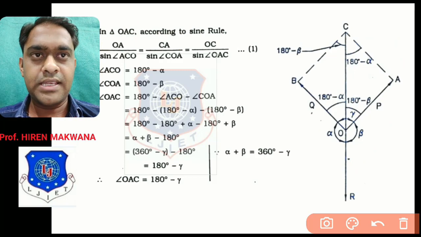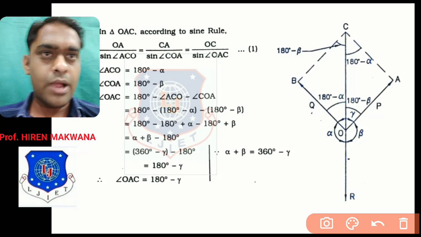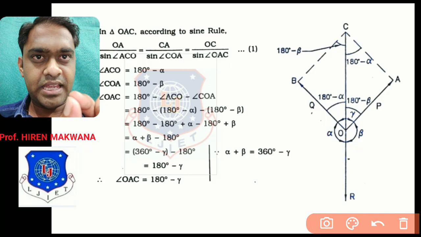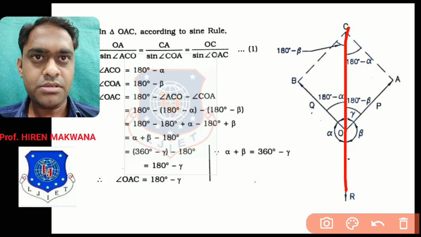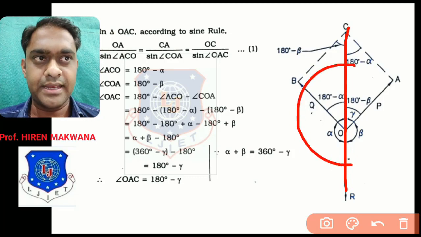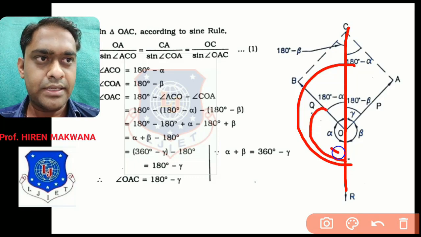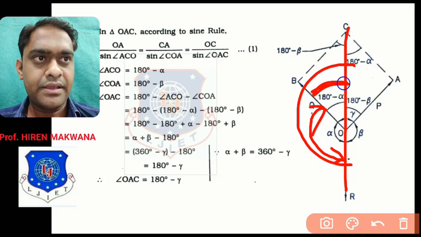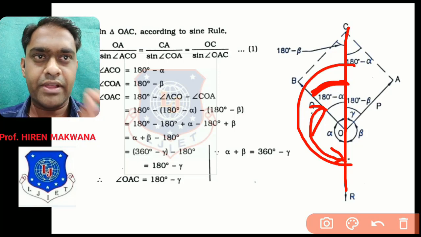Now let us see the game of angles. First angle is ACO. So how the angles comes? Let us check. Now see carefully. This is the straight line. Okay, this is the straight line. So this angle is 180. But out of this 180, the lower angle, this angle is alpha. So what is the upper angle? That is obviously 180 minus alpha. Hope you are clear. 180 minus alpha.